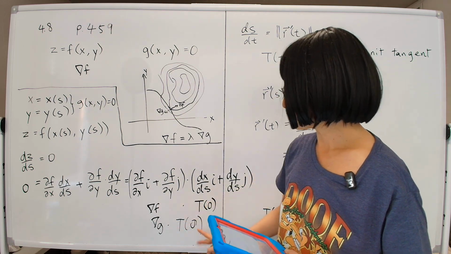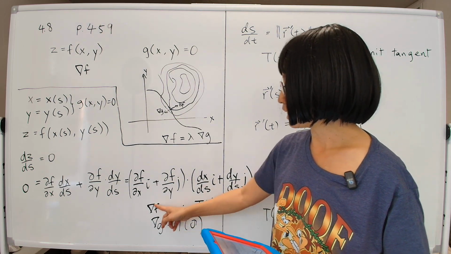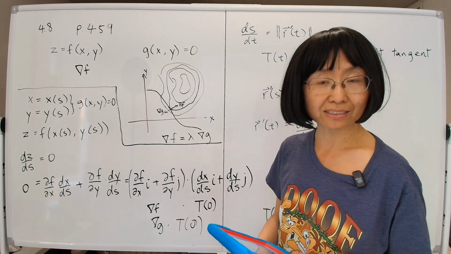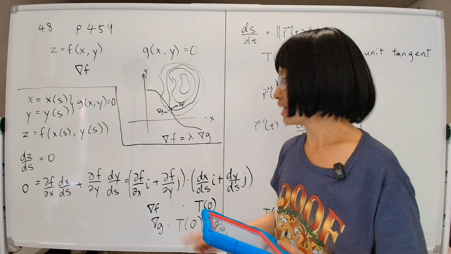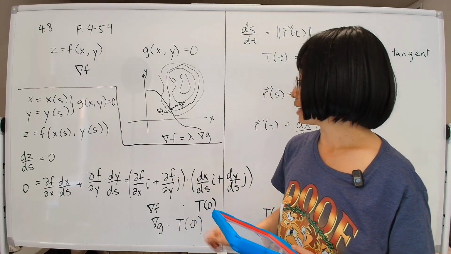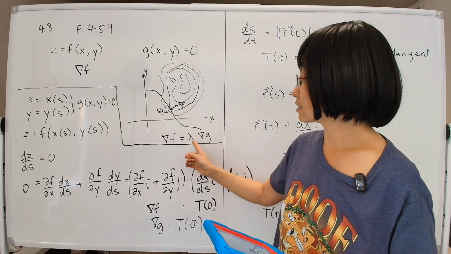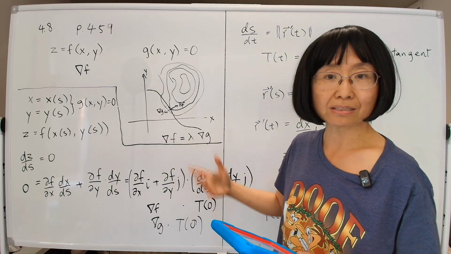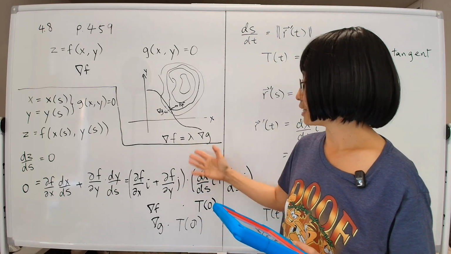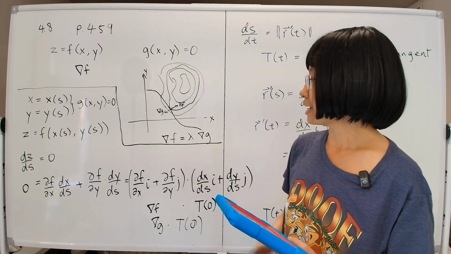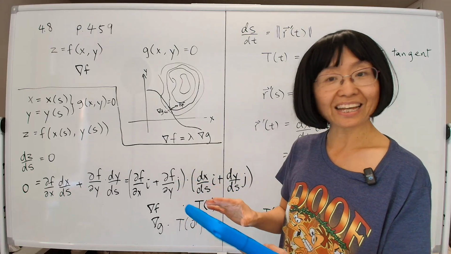So if they're both perpendicular to the tangent, they have to be both normal to the tangent. Normal means perpendicular, and therefore they must be parallel. And if two vectors are parallel, then one is a multiple of the other, some constant. And that marks the end of the proof of